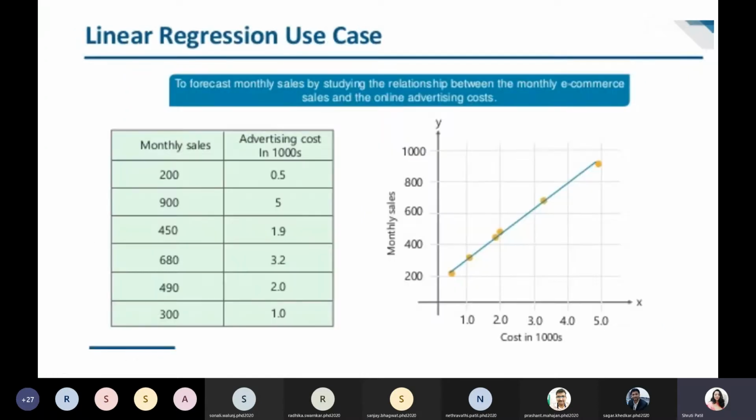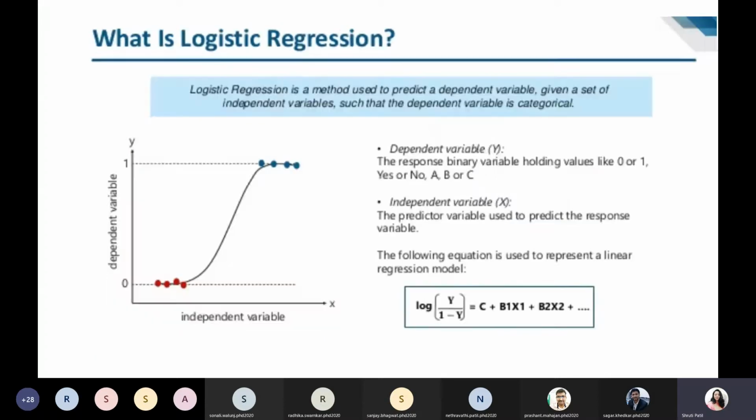Okay. If we want to see an example of this, for example, I have monthly sales and I have advertising cost which I am spending every month, and I want to predict the next month's sale. Then in such kind of cases, linear regression works very well, right? So these kinds of analysis, especially business related data analysis, will still be using machine learning algorithms, especially regression. Okay, now opposite to this is your logistic regression.